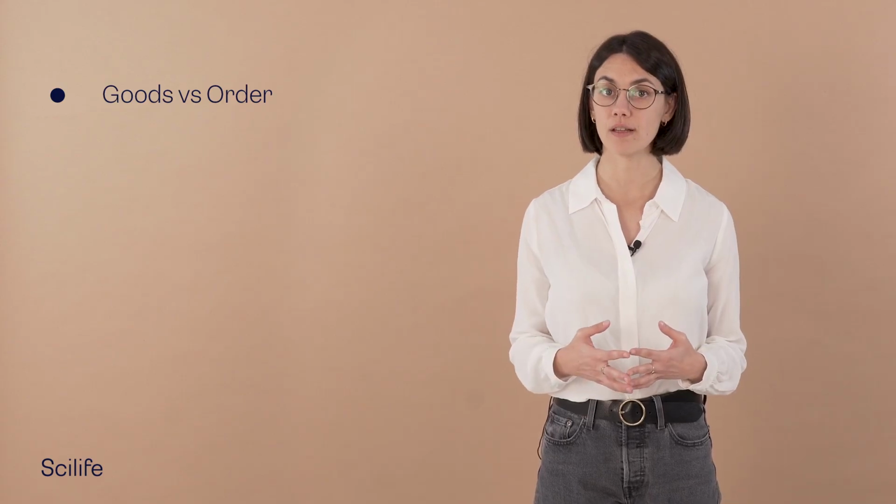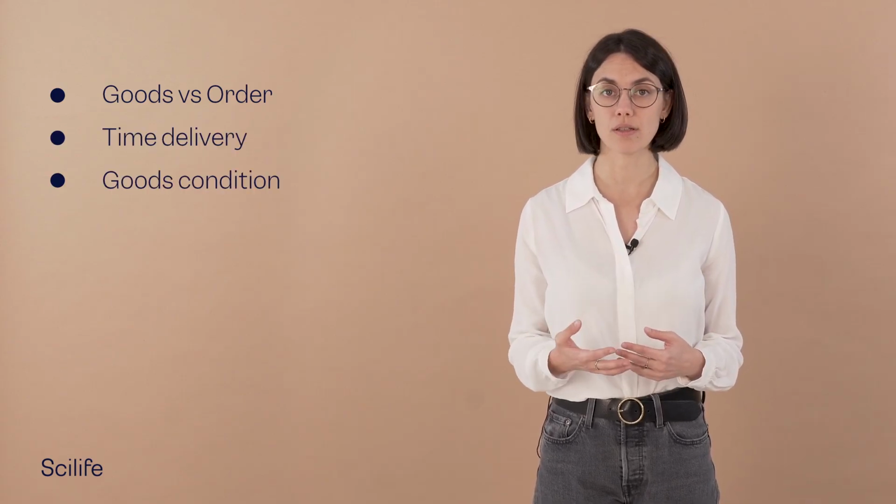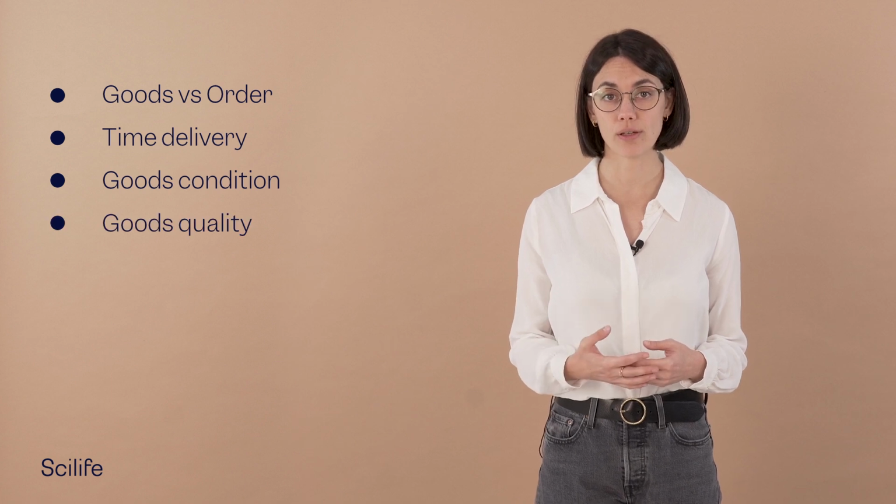The standard requires to verify and inspect the product or service from the supplier. It can be done when the goods are received for inspection and quality control. For example, when you receive the goods, you should check the following. Were the goods received in line with the order? Were the goods delivered on time? Were the goods in good condition? Were the goods of the right quality?